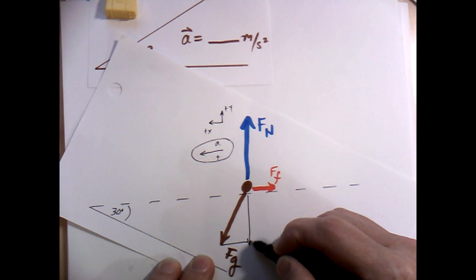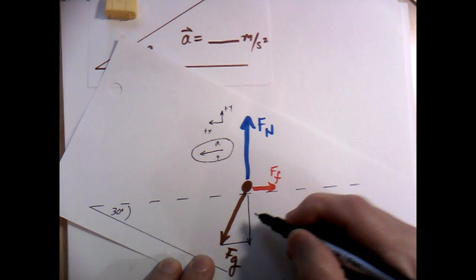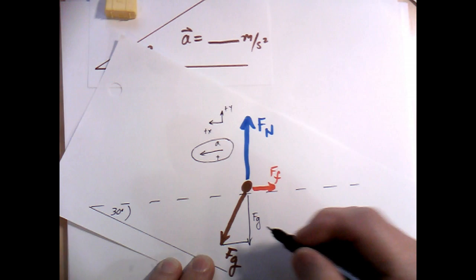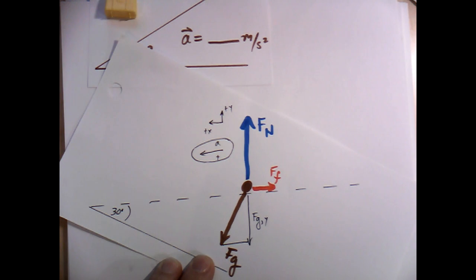So we'll say that this arrow in this direction is Fg, and here I tell what direction, in the y direction, so that's the y component, and then this arrow represents Fg. Let me switch to a different color. This is Fg